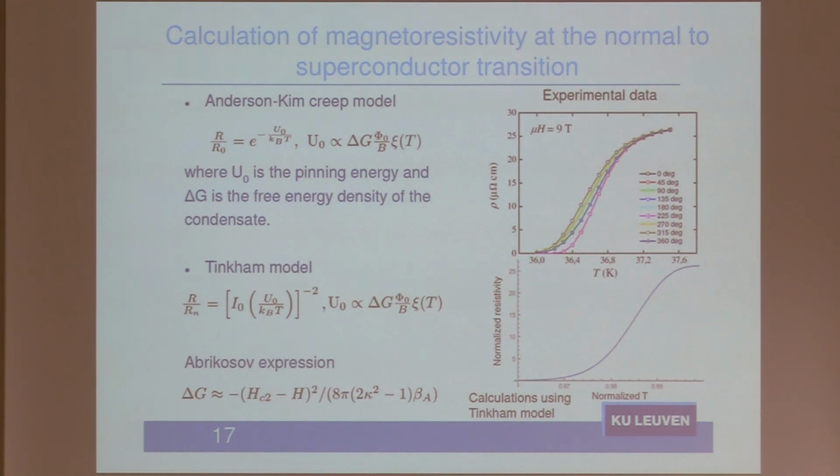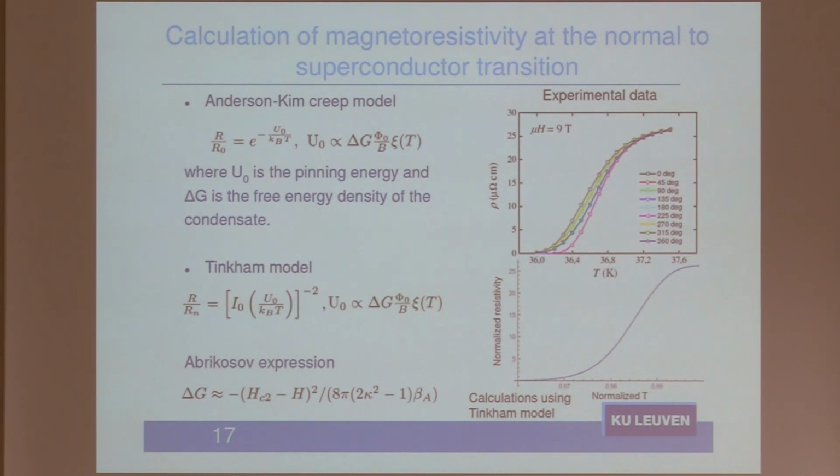And now, this delta G is the energy of the condensate in the region occupied by vortices. So in this domain, the condensate is destroyed and the magnetic field enters. The energy of the condensate destroyed by this, you can express via the second order critical field if you are close to the normal-superconducting phase boundary. This is the Abrikosov formula from the seminal paper of Abrikosov. You can show that for an anisotropic superconductor it is also valid, at least for a single band anisotropic superconductor. So this is how the resistivity curve was simulated.